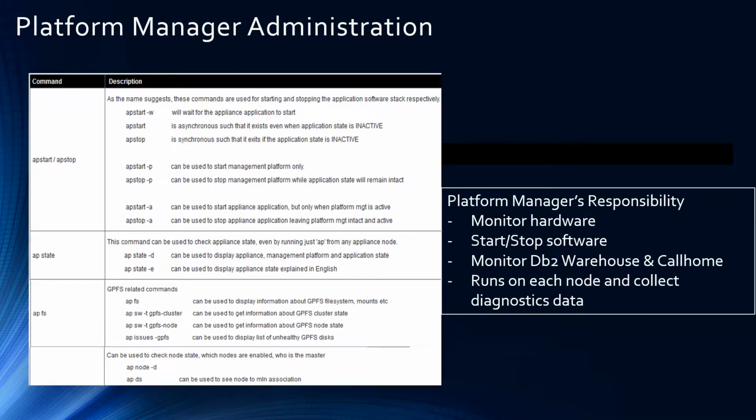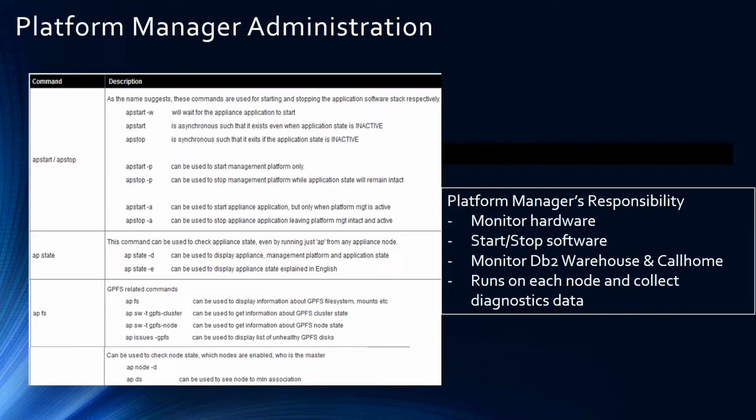The Platform Manager, also known as Magneto, is responsible for monitoring the appliance hardware and the start and stop of software. Magneto runs on each node, where one node is designated as the hub and the others work as agents. The hub is responsible for collecting data from all agents. There are several ap commands to manage Platform Manager. You can take a look under the /var/log/appliance/platform/management directory for log files to troubleshoot any problem related